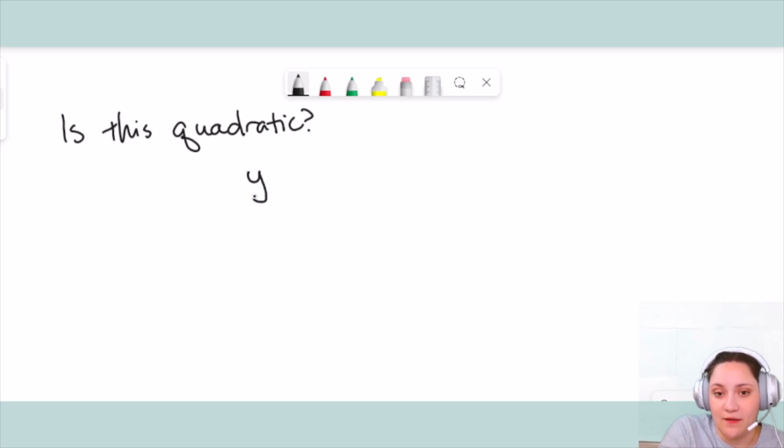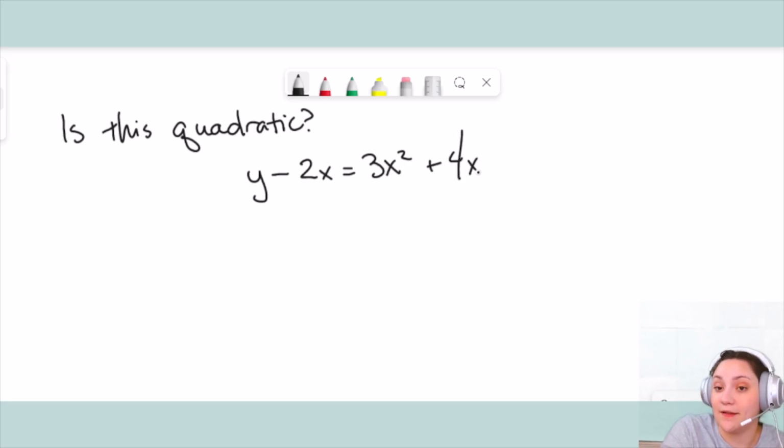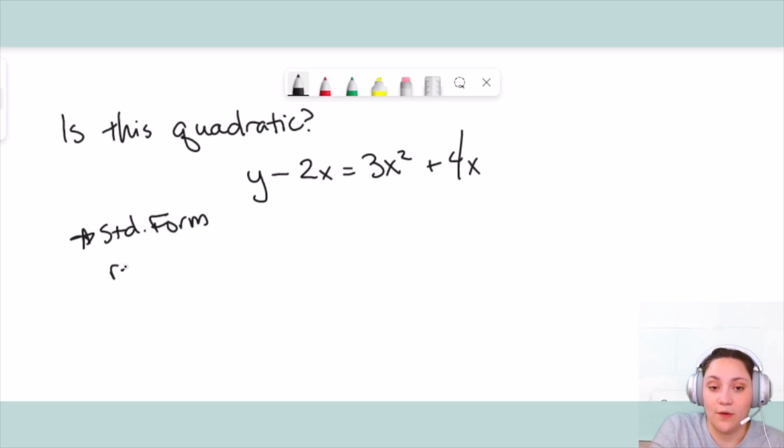And this is what we're given. y minus 2x is equal to 3x squared plus 4x. Now you might say, oh, yep, there's an x squared term, I'm good to go. But we always need to simplify first and put it into standard form. So I'm going to make a note that says standard form is required to check,